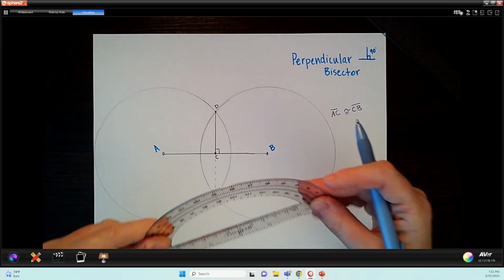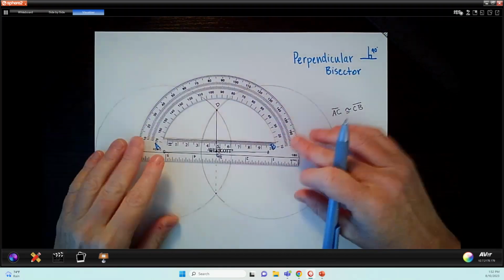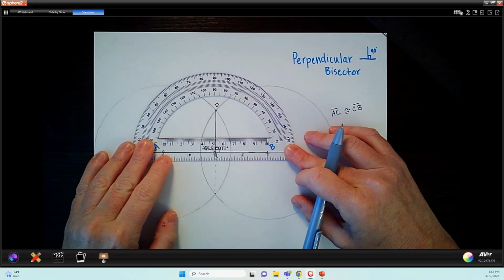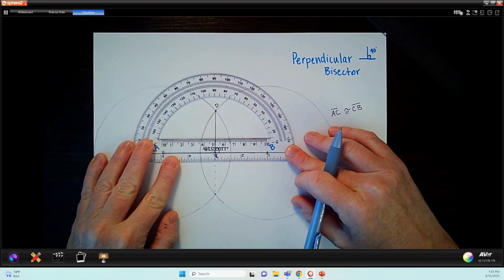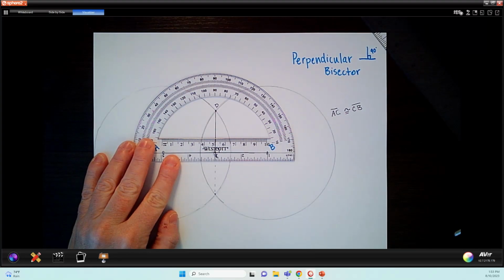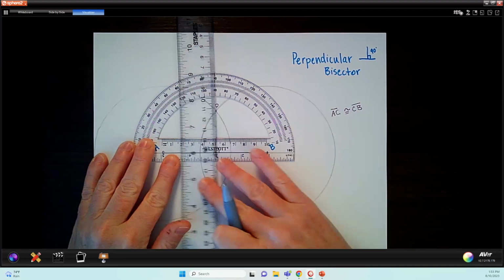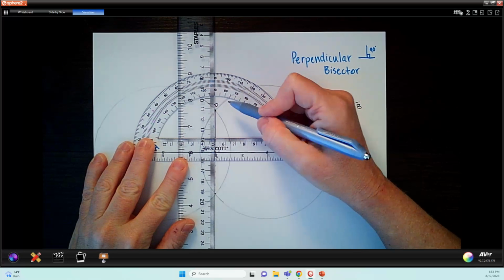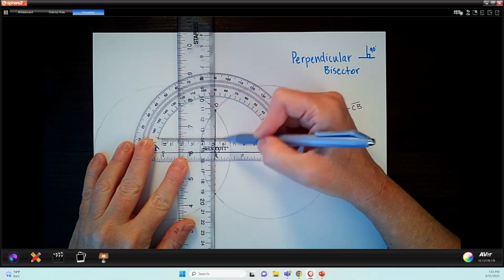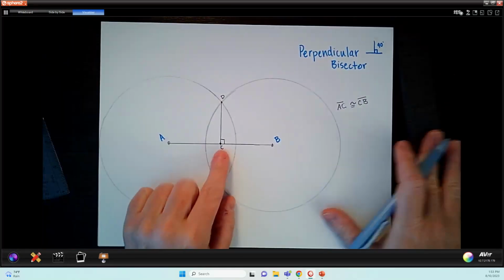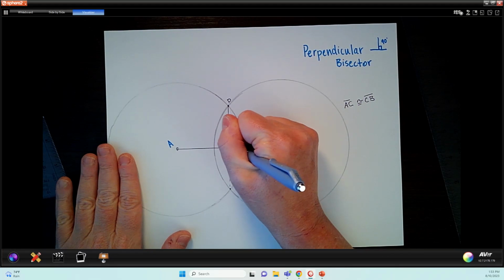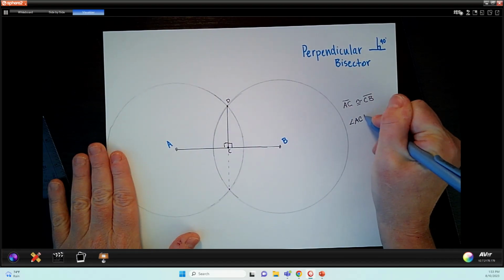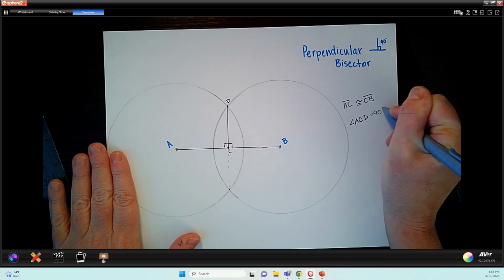I'm going to get my protractor out, and I'm just going to pop it over here. And look at this, guys. Check it out. I have to extend my line a little because it's not long enough, but you can see 90 degrees. So I'm using my protractor just to prove that I made a 90-degree line. So angle ACD is 90 degrees, and angle